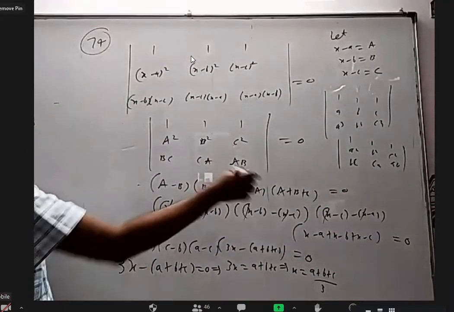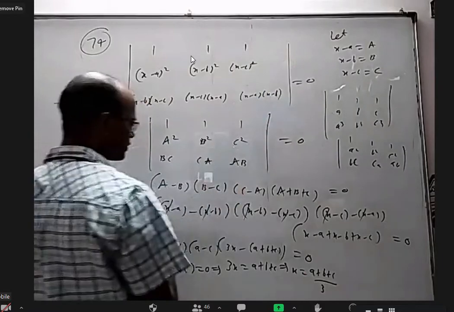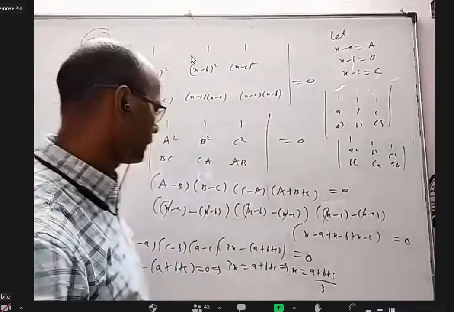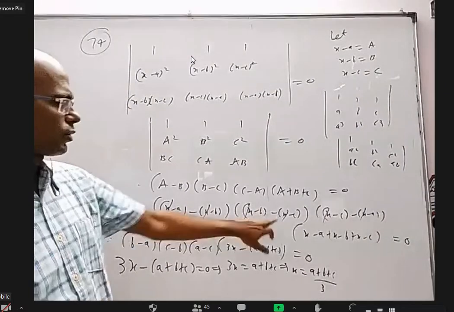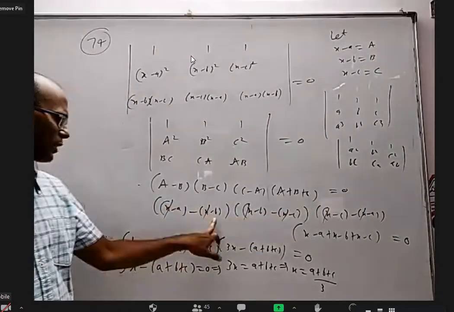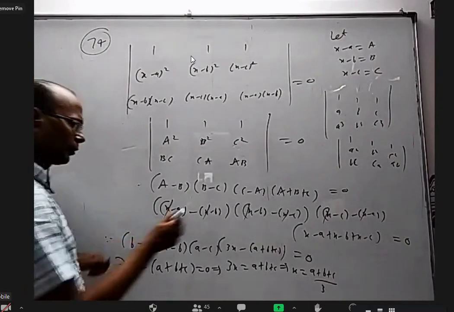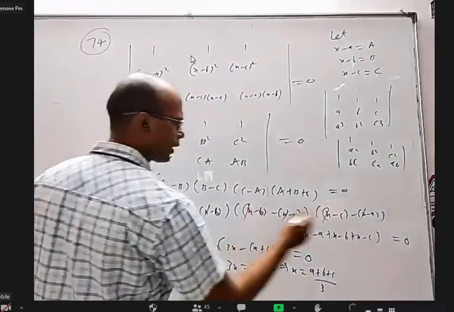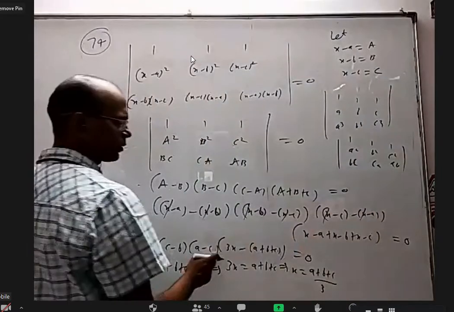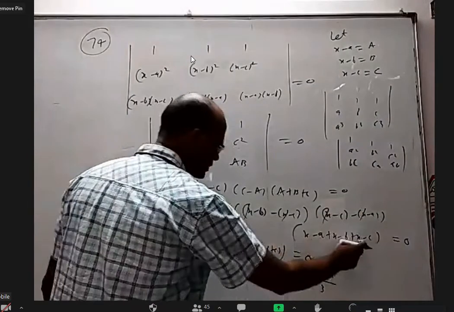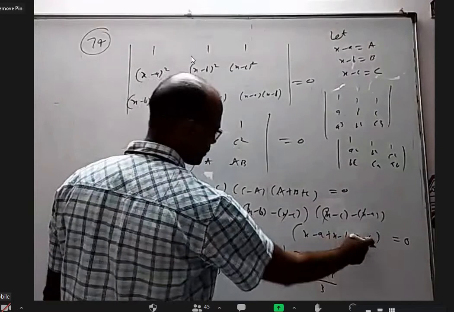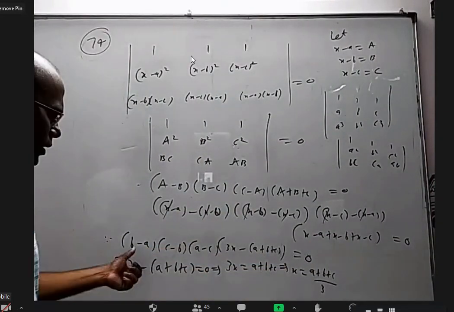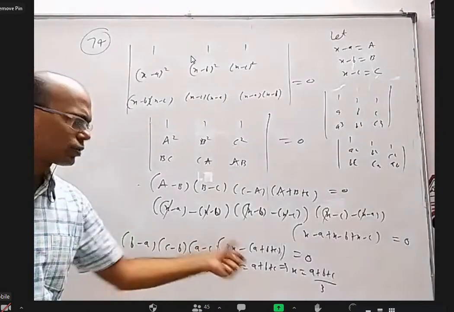Okay, I did that. What is capital A? I replaced it. What is capital B? I replaced everything with the original expression. Now x got cancelled, x got cancelled. Minus of minus b is plus b and minus a. Minus of minus c is plus c minus b. And minus of minus a is plus a minus b. x plus x is 3x. Minus a minus b minus c is minus of this. So the product of four things is 0. Either this is 0 or this is 0 or this is 0 or this is 0.